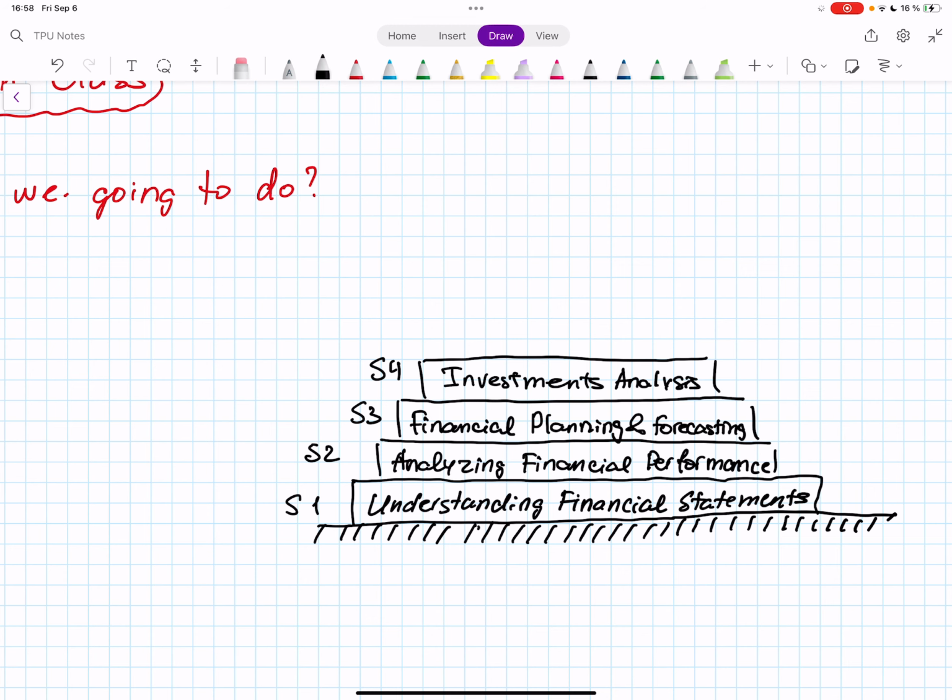Then there is section number 5. It's about cash flow management. And finally, capital management.